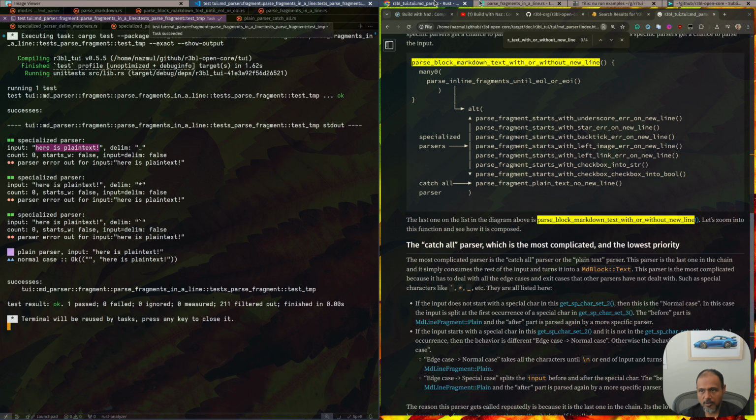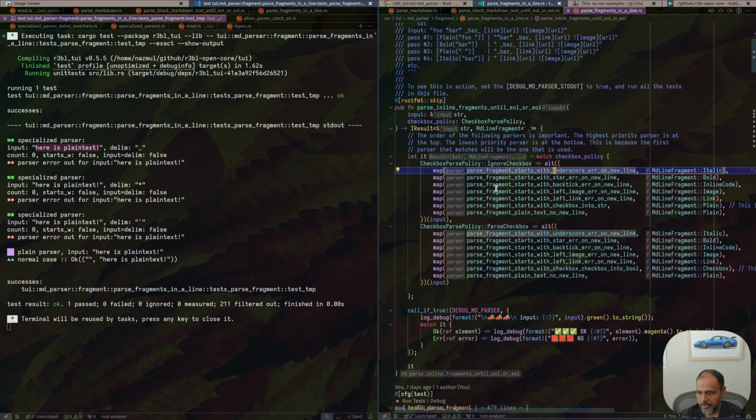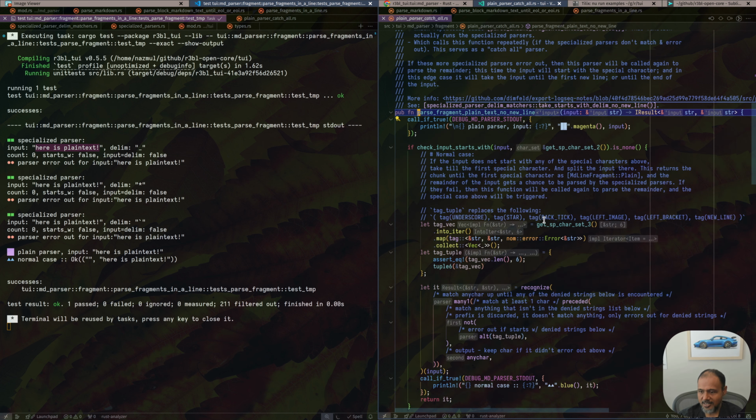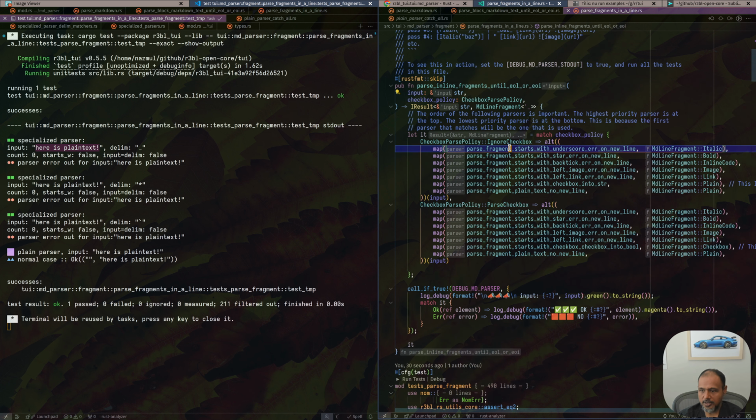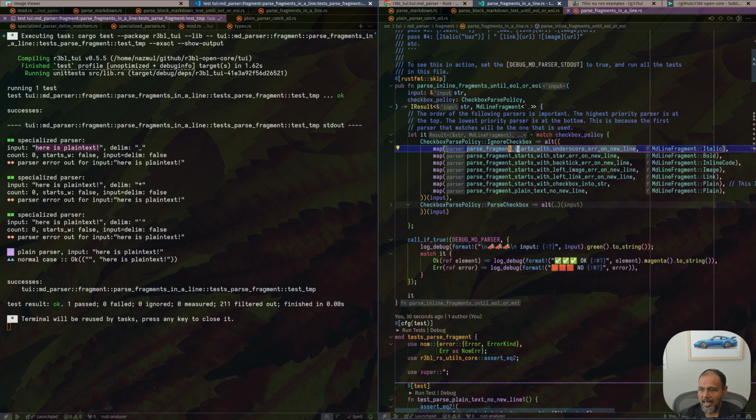You can put the code side by side and see what's happening. This function ends up calling all these different parsers. Essentially, the first thing that happens is it looks for an underscore. It says, okay, specialized parser is running, and the delimiter is underscore, which is why it's checking for underscore,